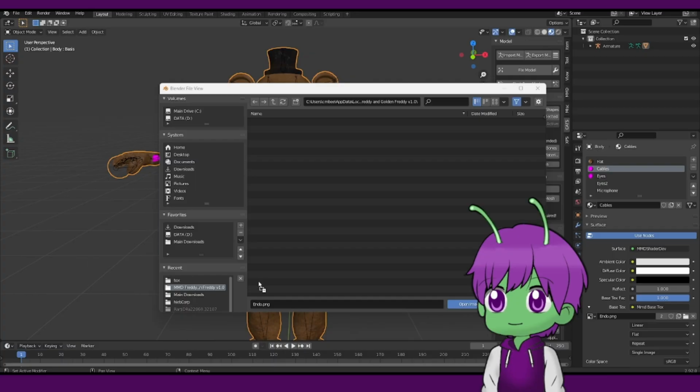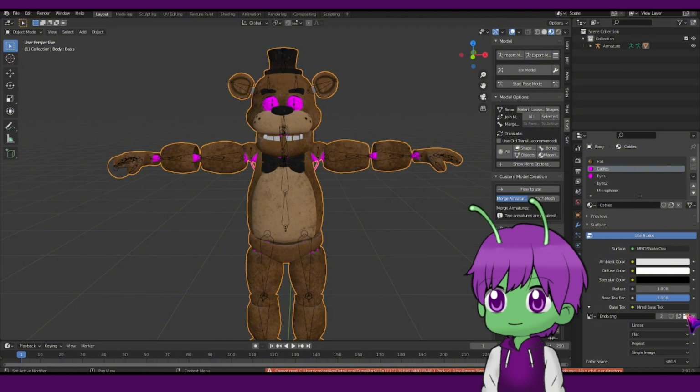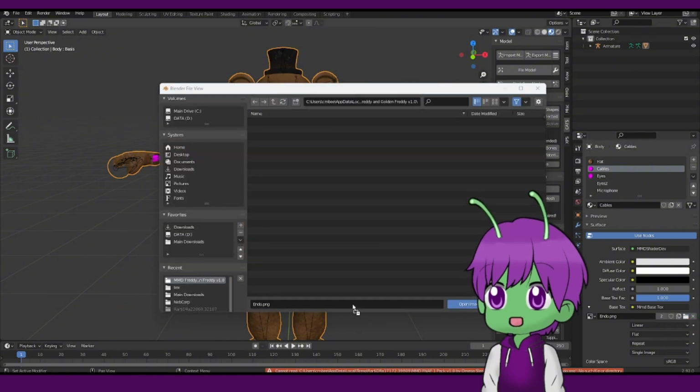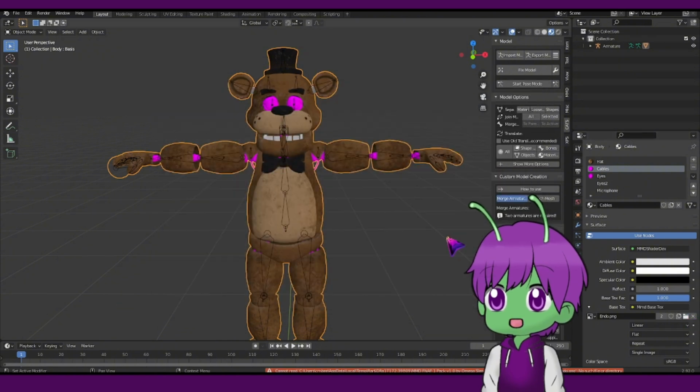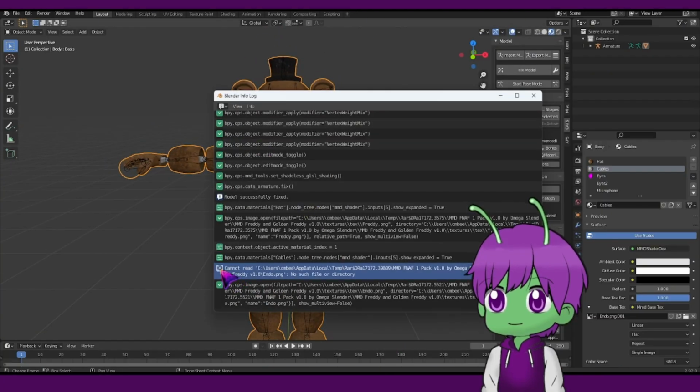So, of course, drag and drop. Oh shoot, that tends to happen, especially if you don't drag and drop it in the right place. Yeah, see, a little error. If any errors pop up,